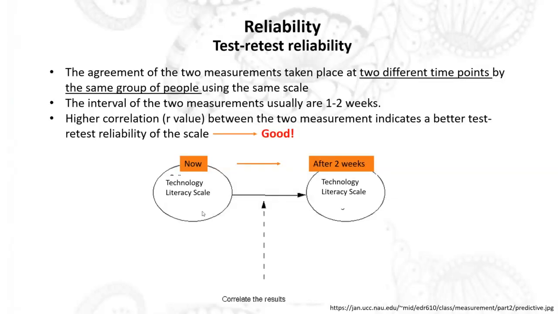So I have 2 sets of data, right? The first one now, and another set 2 weeks after. And then I do a comparison. I do the correlation analysis again. So you see, all the comparisons are about correlations. We do the same test, Pearson or Spearman. We use the same R. We determine the R. So if I want to demonstrate the test-retest reliability of this technology literacy scale,